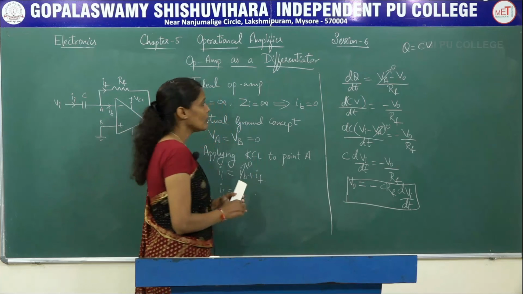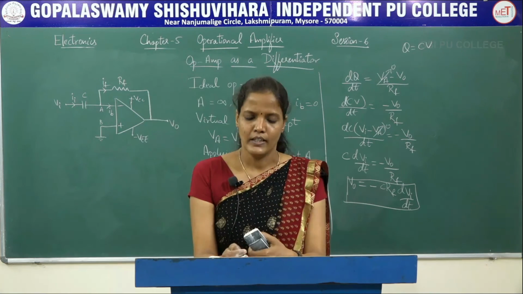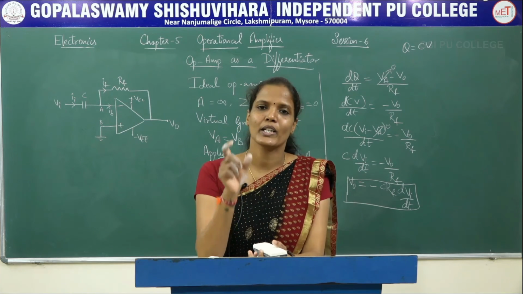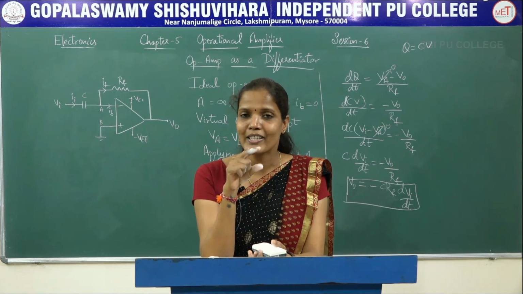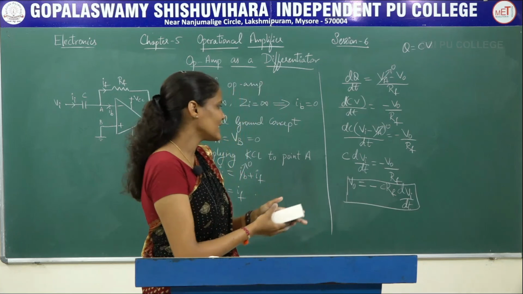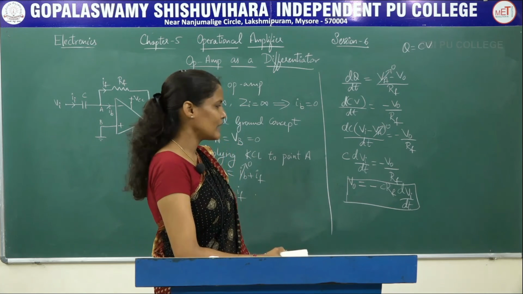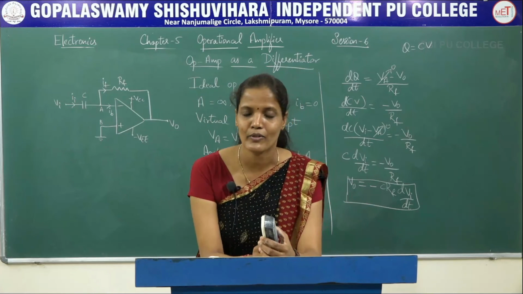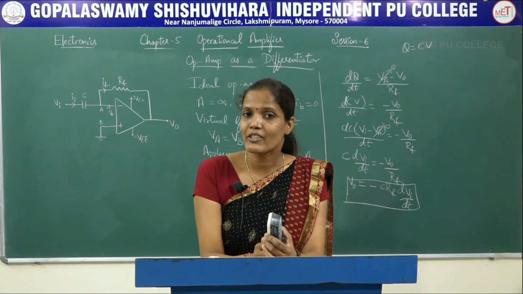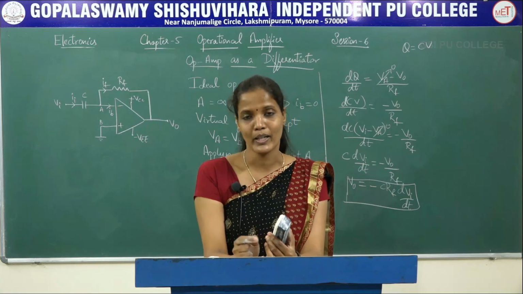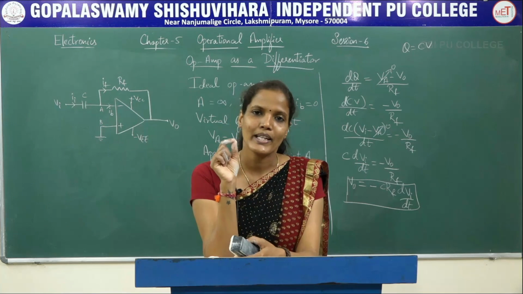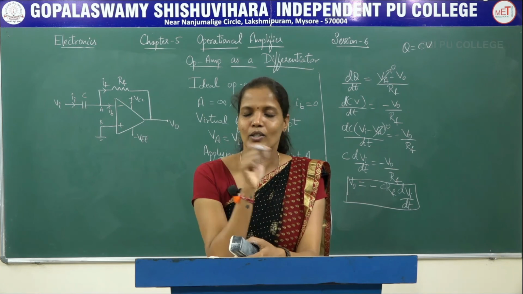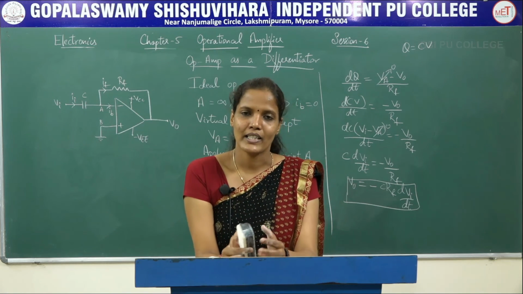So this is all about the op amp as a differentiator. So what is this differentiator? A differentiator is nothing but a circuit in which the output will be proportional to the derivative of the input voltage, where C is the capacitance of the capacitor and Rf is the feedback resistor. So V0 is equal to minus C into Rf of dVi by dt. Why is the negative symbol arriving in that particular expression? Because the input voltage Vi is being applied to the inverting input terminal of the op amp. So that is why the negative symbol comes.